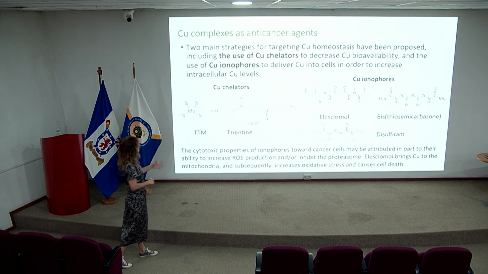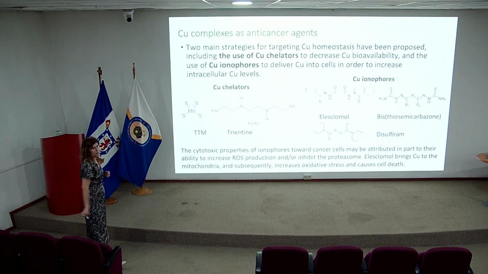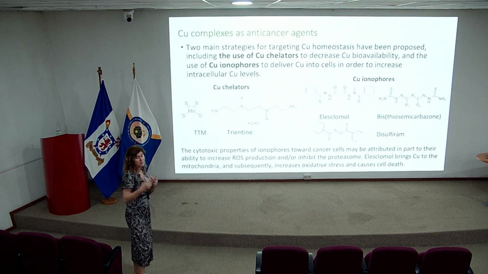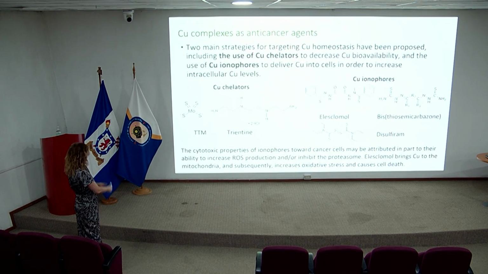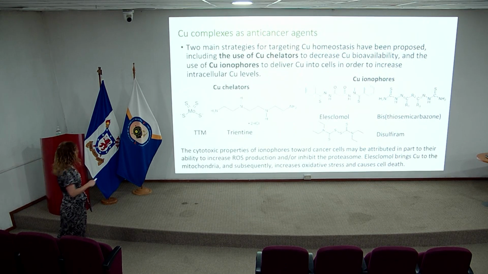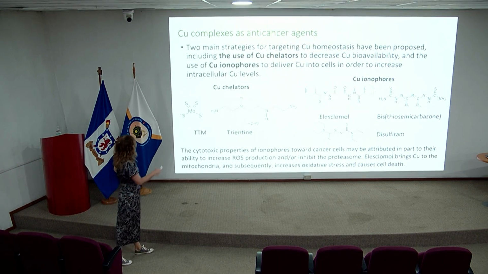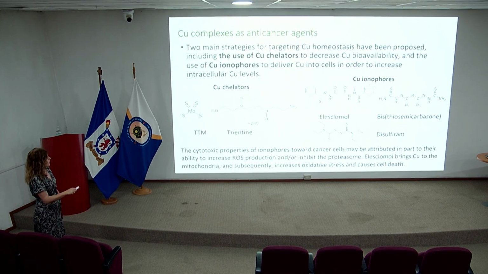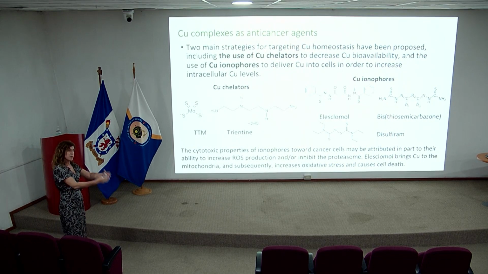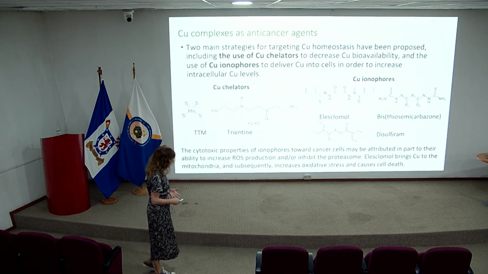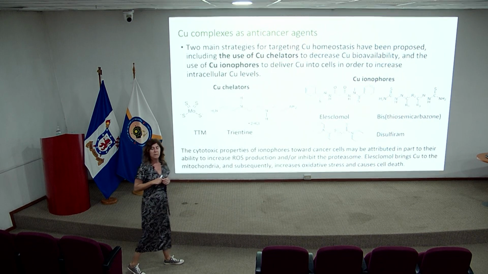But basically, we have two strategies. We can either develop chelators, so organic molecules that we administer and which we aim will bind to copper inside the cell. And I have here the example of this, a molybdate copper complex. And the other is the use of copper ionophores, so molecules that are able to bind copper and transport it inside cells, increasing the copper concentration intracellularly.